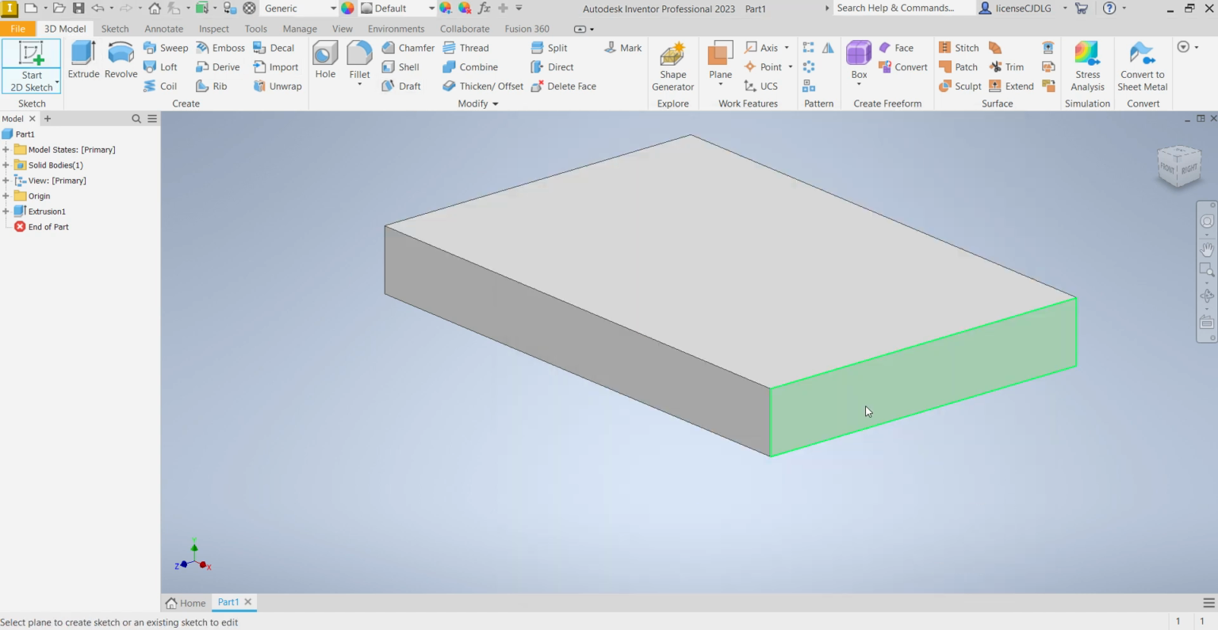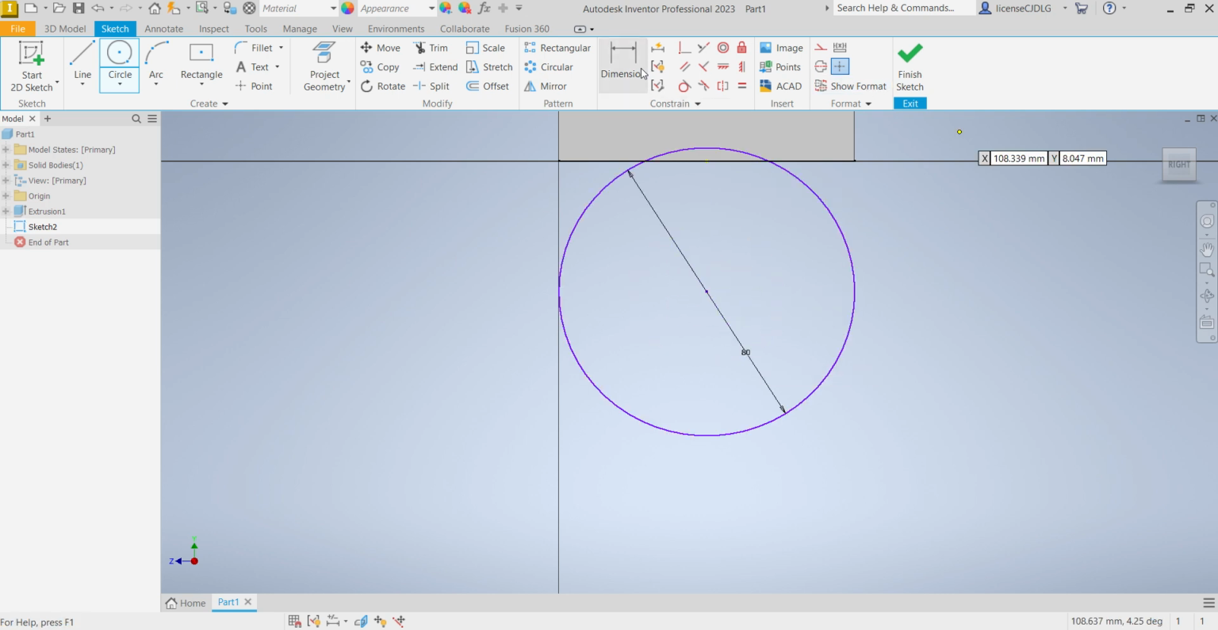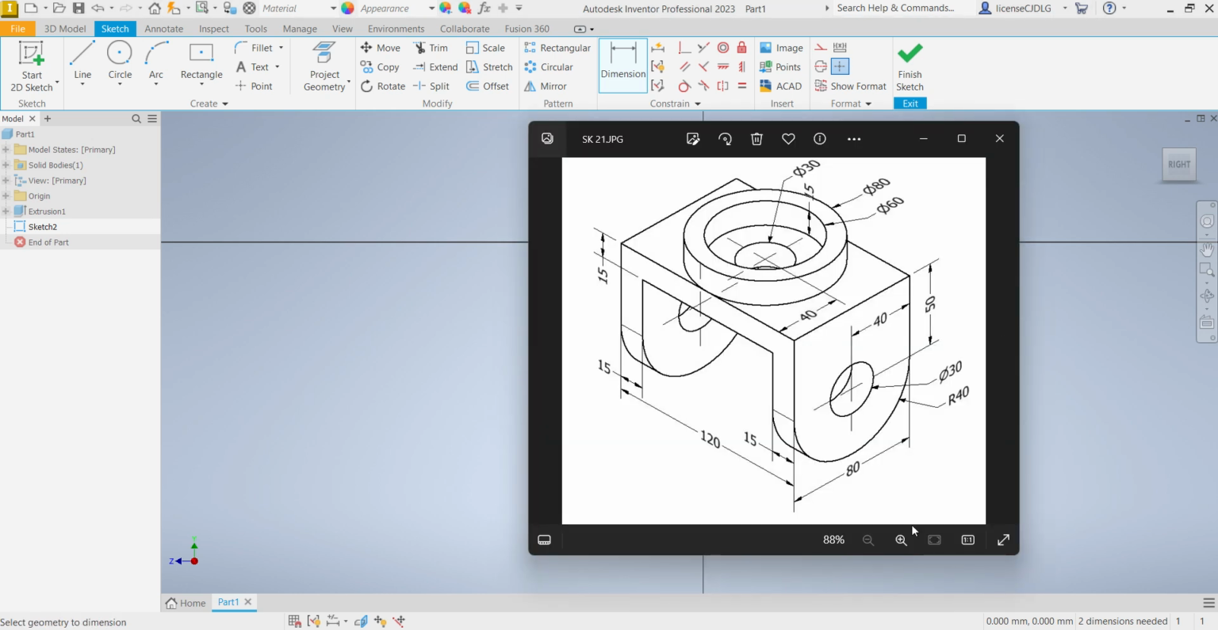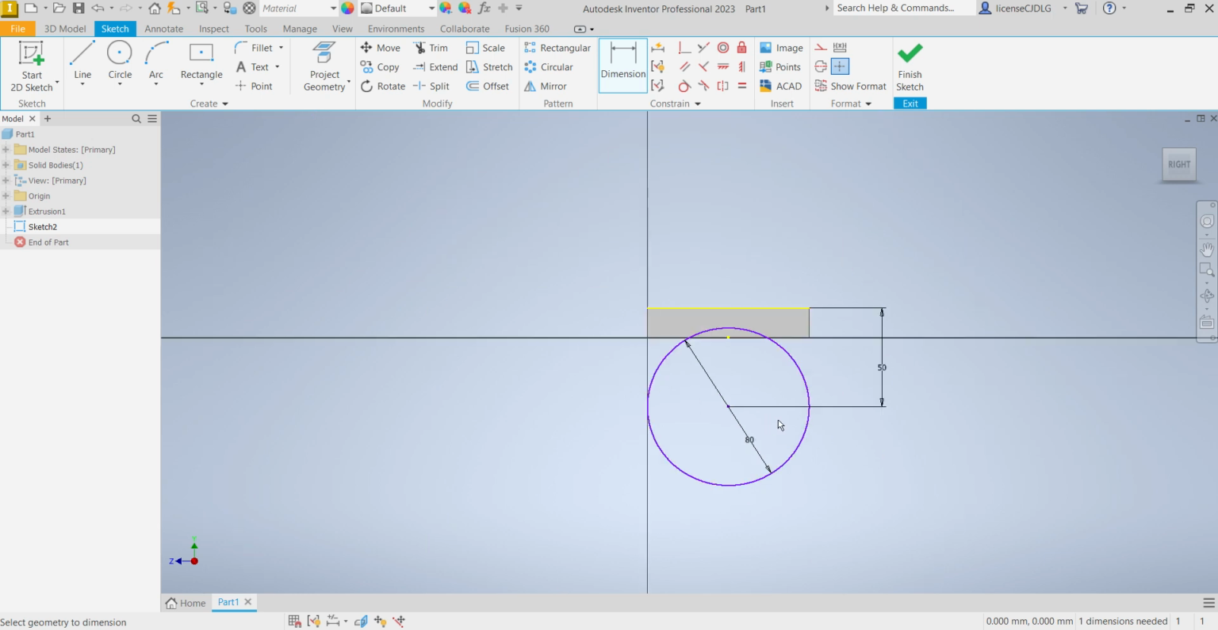Select extrude, select this surface, select circle, 80, dimension from the top, 50. Select vertical constraint, select line,